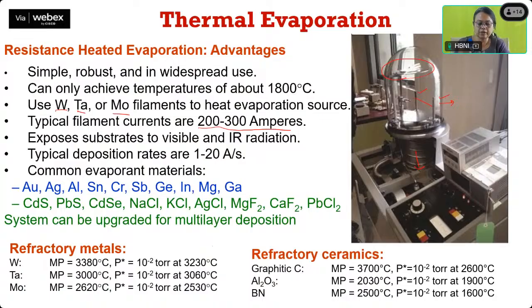Because of this very high current, there will be some IR radiation, but that generally does not harm the grown films. The deposition rates are around 1 to 20 angstrom per second. The rate of deposition means how much material is getting deposited on the substrate. It can be controlled by the current which is flowing through the electrode. So if you want a low deposition rate, we have to pass low current, and we can have a thickness